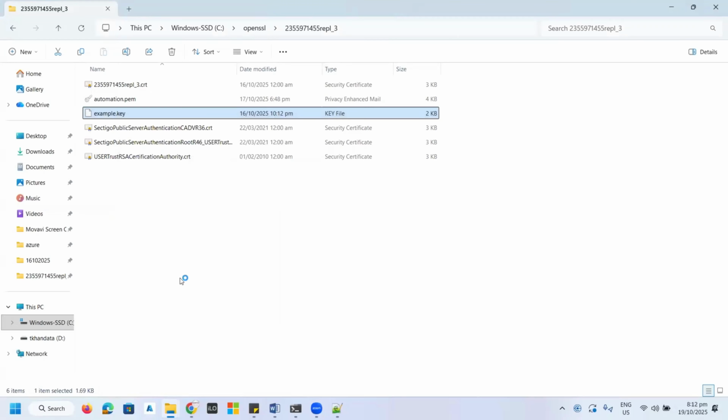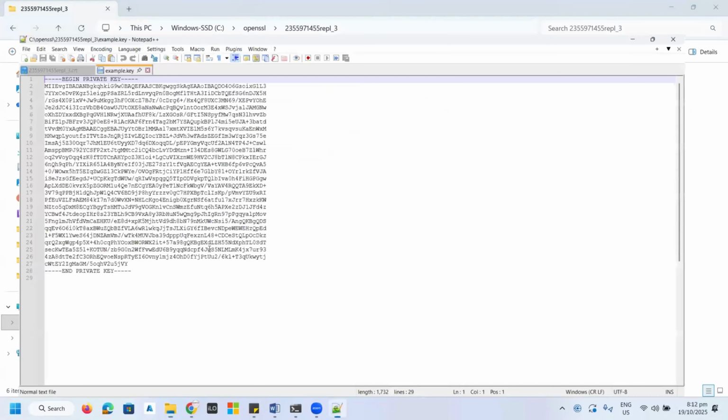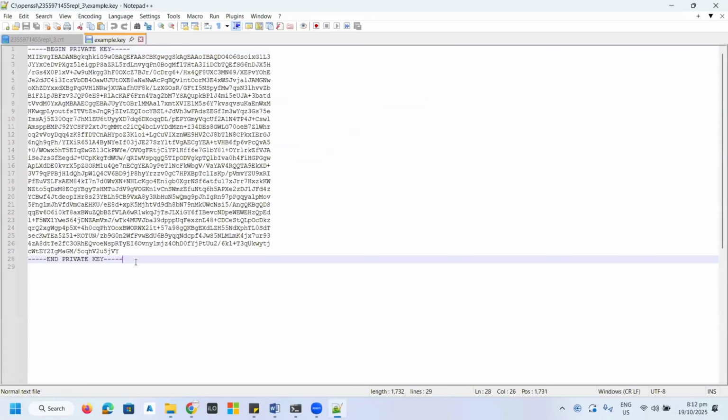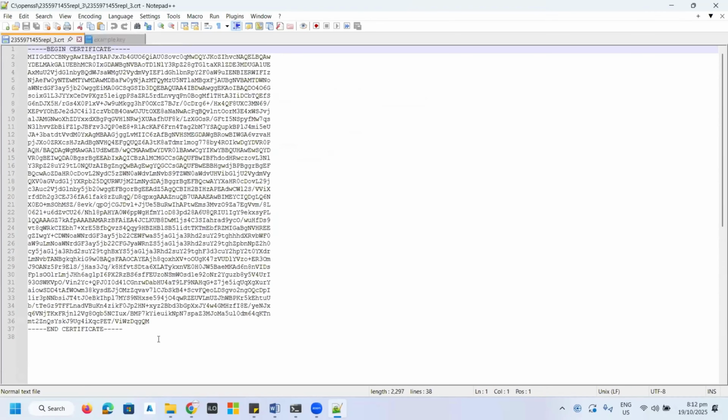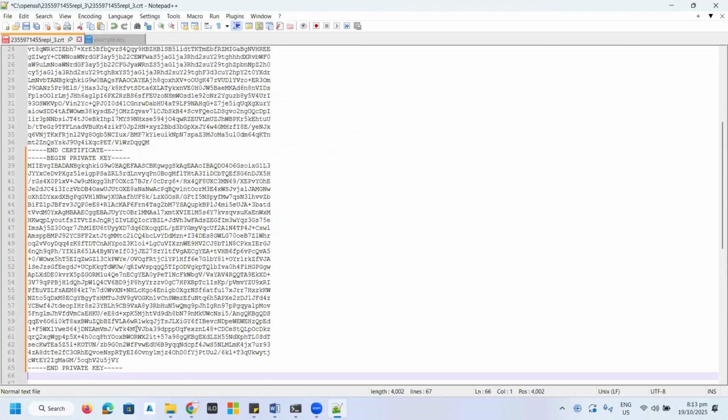Now both files are opened, and here I just press Control A and Control C, and I go to the first file where I opened my CRT file, click at the end of the CRT file, hit enter, and then paste the private key text over here.